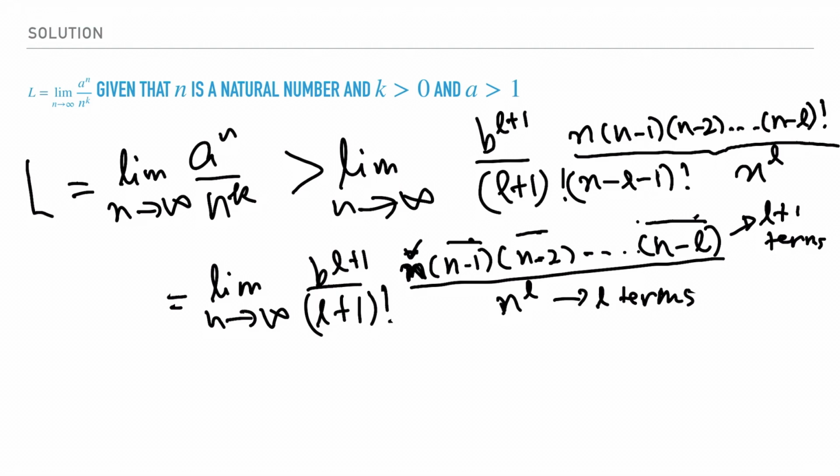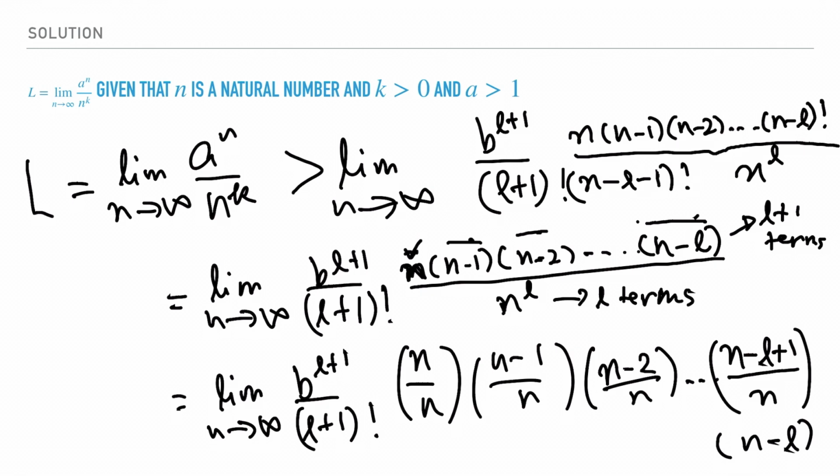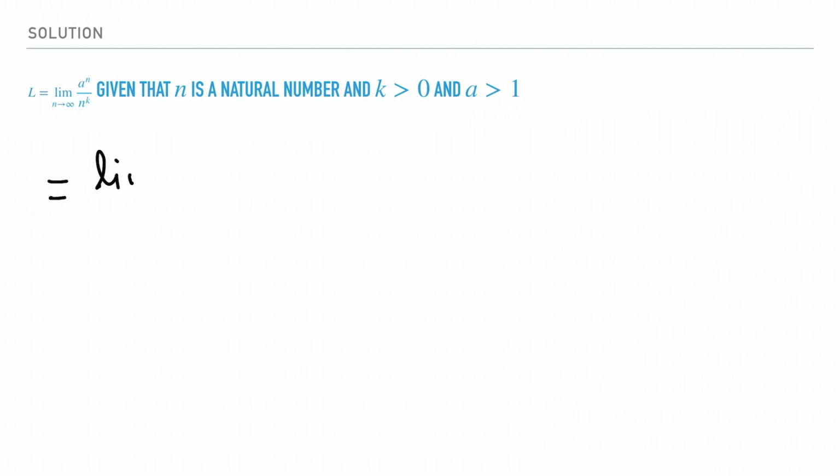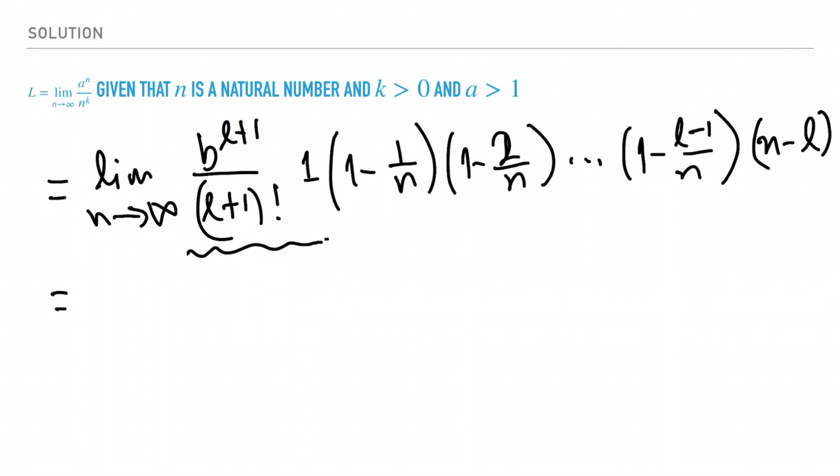And so if we write this in factored form, this is what we obtain. And then we use the product rule for limits. This is a constant. If you remember, that's a constant, so what we get is